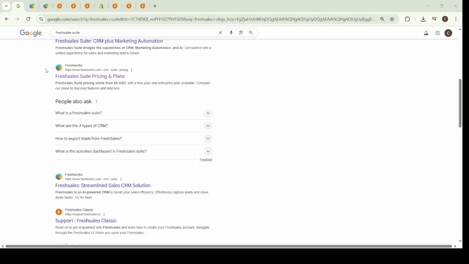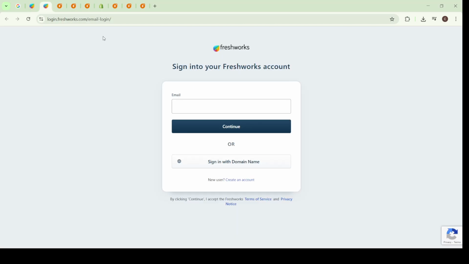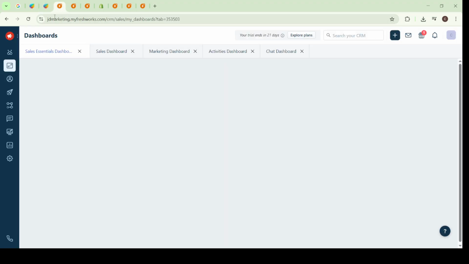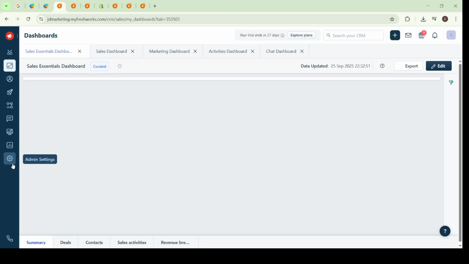To get started, open up your preferred web browser and simply search for Freshsales. Once you've located the website, go ahead and log in with your credentials. After you've successfully logged in, you'll find yourself on the main dashboard. From here, you want to navigate to the admin settings. It's crucial to become familiar with this area as it contains a wealth of customization options that can really shape